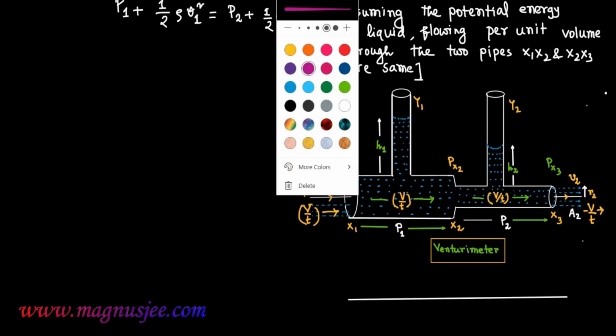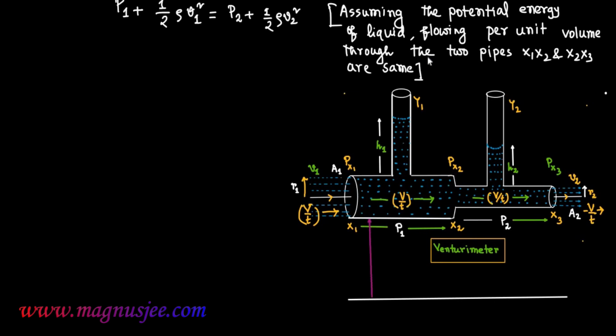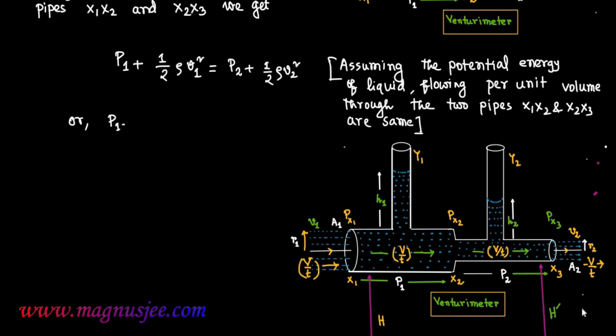We can denote the ground. This is the ground level from which the horizontal pipe x1, x2 is at a height h, and the second horizontal pipe x2, x3 is at a height h', and in this case h is equal to h'. The height of the first horizontal pipe is equal to the height of the second horizontal pipe from the ground. So in this case, P1 − P2 = ½ρ(V2² − V1²),